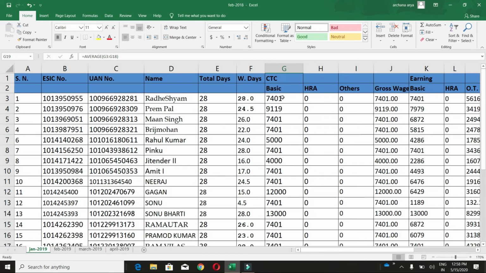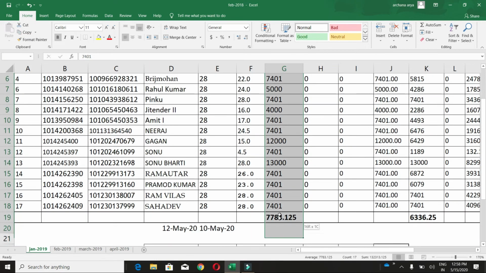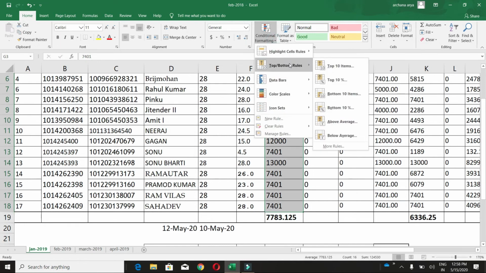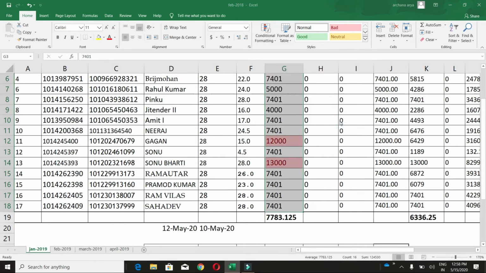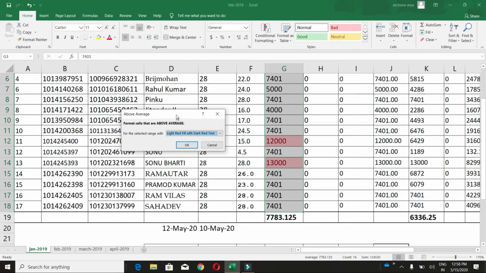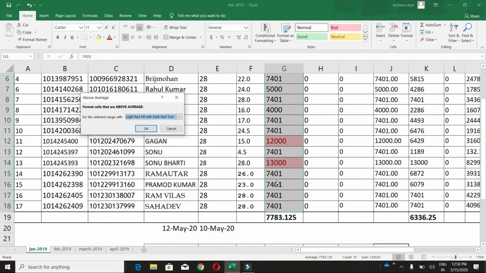So now our third option: select the range, then go to conditional formatting, then the second option, then above average, click here. Fine. As you can see, I'm changing the color.